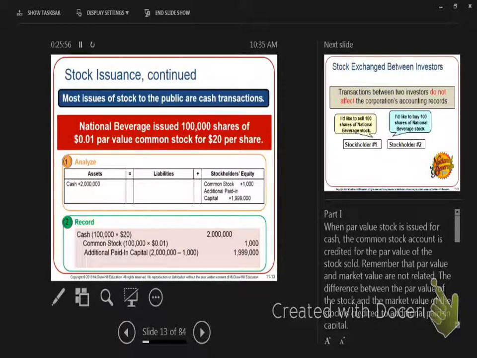So the par value is the ownership? No. The reason we use par is because we don't really want to track ownership. We track ownership by the number of shares, not a dollar amount. You really can't put a dollar amount on ownership. You're looking at it as the number of shares. The number of shares represent the ownership.